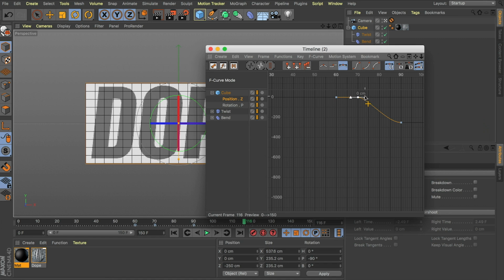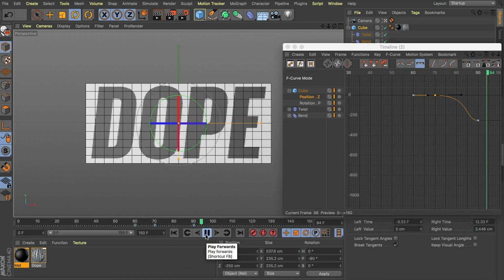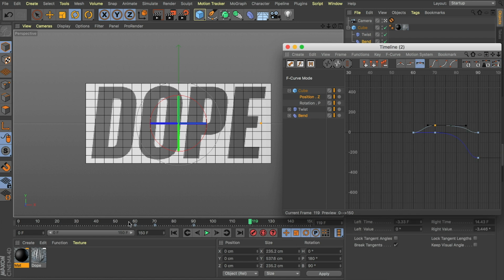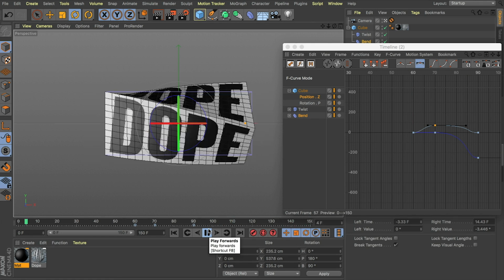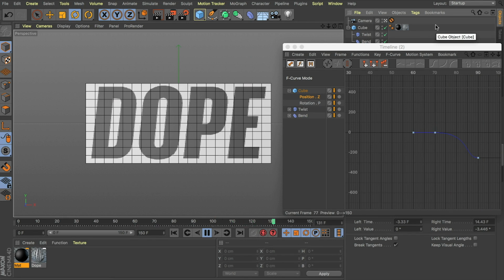So let's grab that keyframe at frame 70. I'm holding shift just to grab the one handle. Let's move that across a little bit. How does that look? We might need it. Let's do the same with our bend. So now we've got that little bit of a delay as it sort of whips into that final spot. Whoom. Bend, push. All right, this is starting to feel kind of cool.